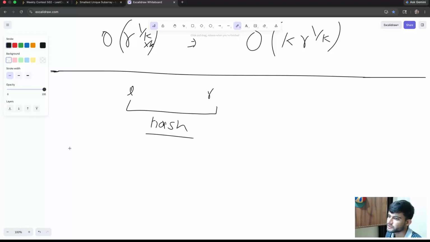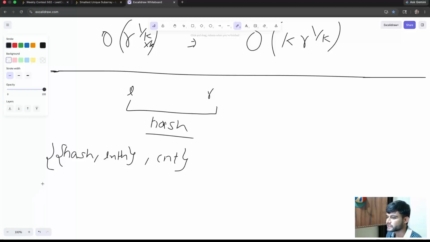So we are going to store two things in a map, hash comma length, right? So we need to store this pair and its corresponding count in the map,